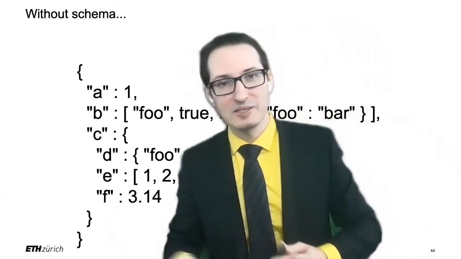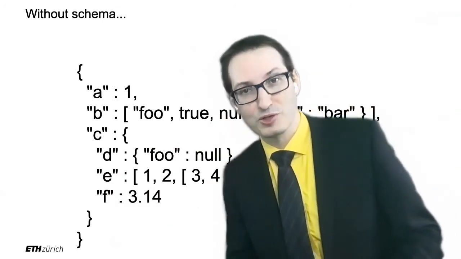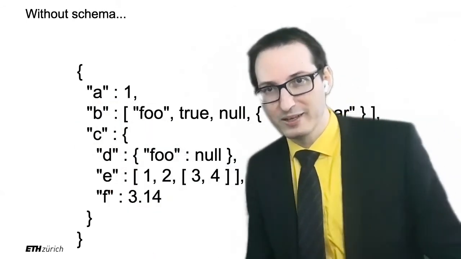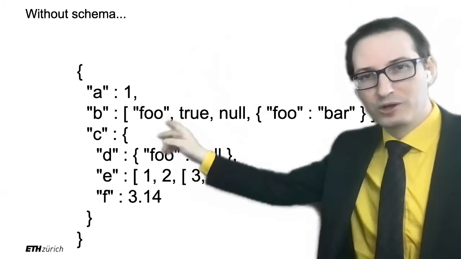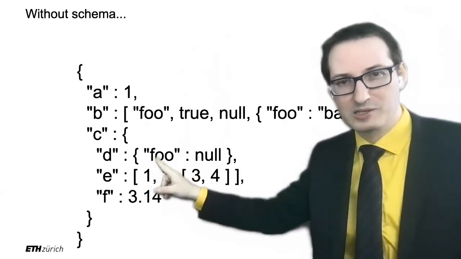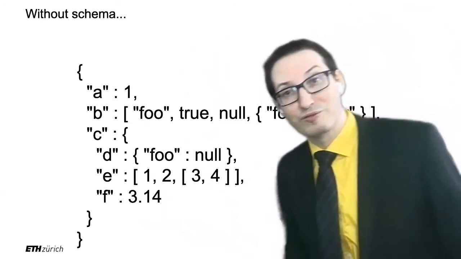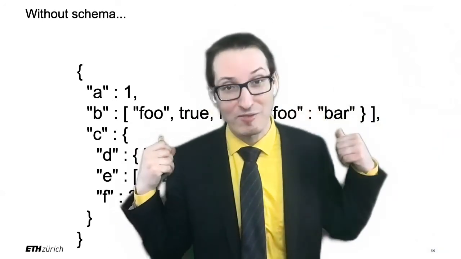Example. This here is something messy. I actually made it up on purpose just to show you what happens if you don't have any schema and let the data basically have its own life. You see here I merge a lot of things. There's a string, there's a Boolean, there's null, there's objects. Here there's an integer, an array. So here it's a bit of a mess. And this is fine. That's the beautiful world of big data, that we're fine with that.